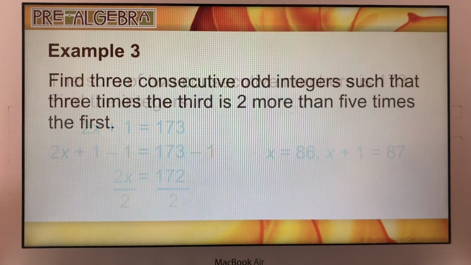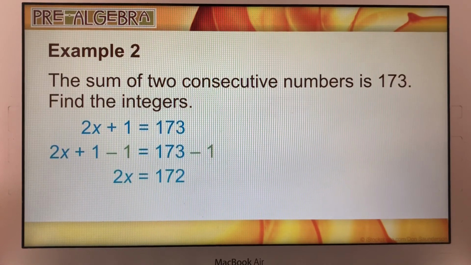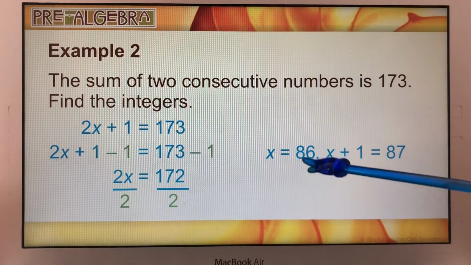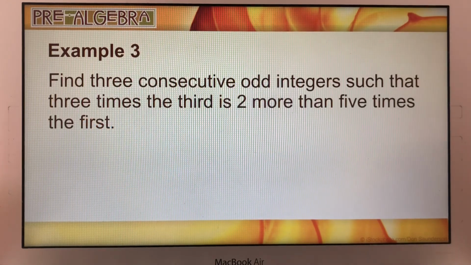And I can go back and check. You can go back and check: does 86 plus 87 equal 173? And you'll find that, yes, that is true. Here's our next example. Now we have